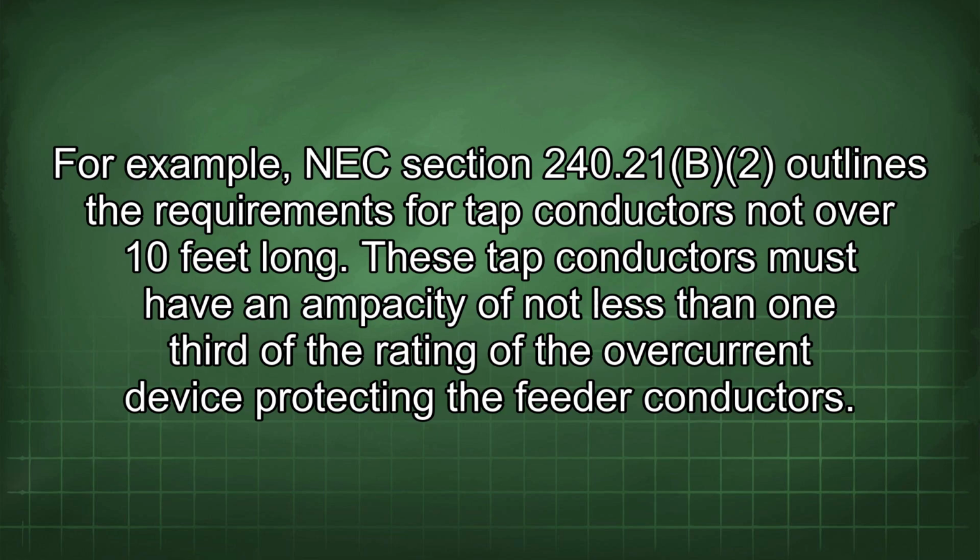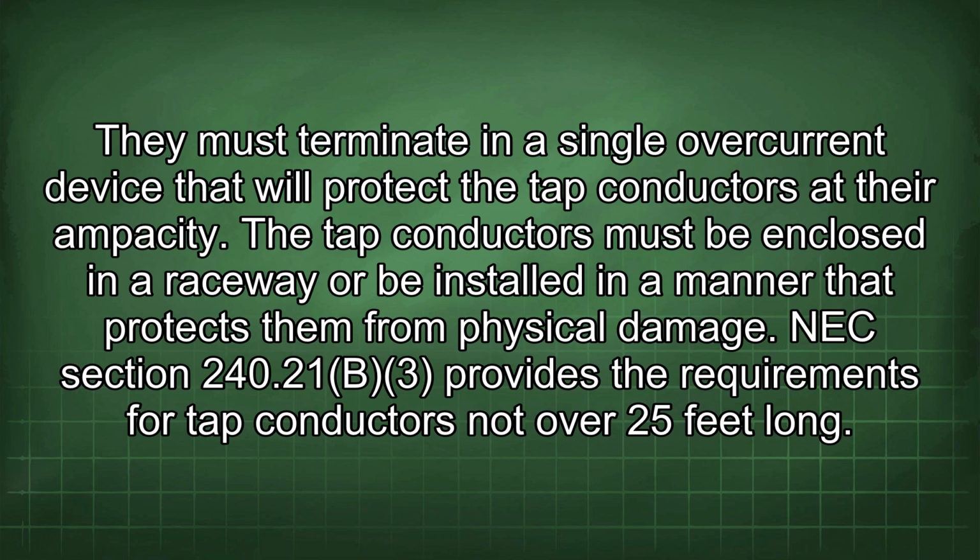240.21(B)(2) outlines the requirements for tap conductors not over 10 feet long. These tap conductors must have an opacity of not less than 1/3 of the rating of the overcurrent device protecting the feeder conductors. They must terminate in a single overcurrent device that will protect the tap conductors at their opacity. The tap conductors must be enclosed in a raceway or be installed in a manner that protects them from physical damage. NEC section